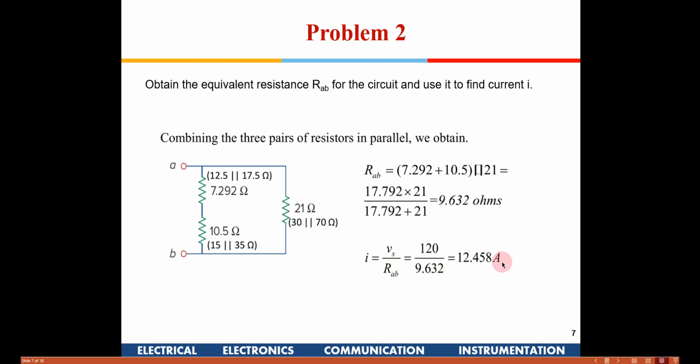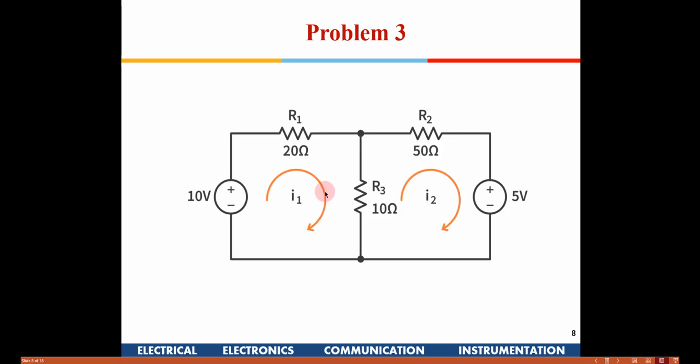So this is another kind of simplification wherein we have converted a star connection into a delta connection to simplify the overall circuit. This is one such example. Seeing the circuit, you should be able to identify which are the star connections, and then accordingly make a conversion to simplify.